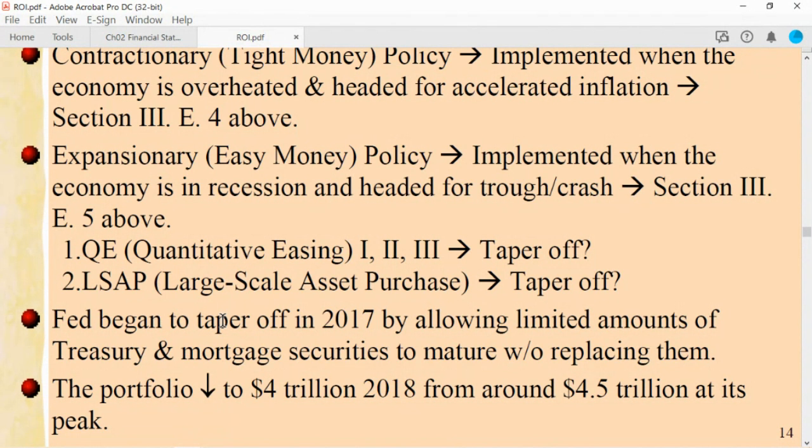Because the Fed doesn't have to print money. First of all, the Federal Reserve doesn't print money. I believe the printing is eventually the role of the Treasury Department. But the Federal Reserve doesn't have to print money